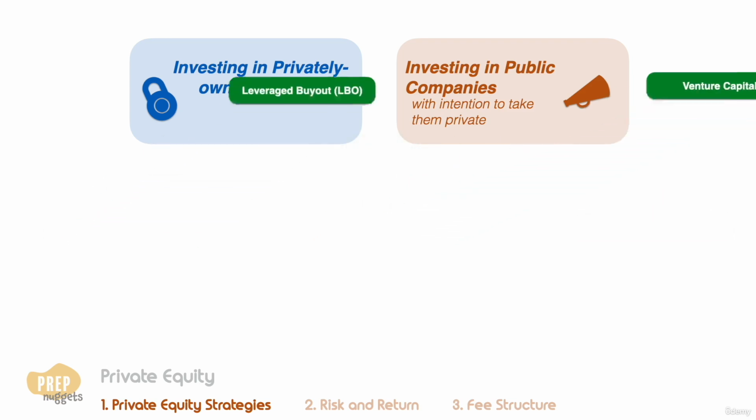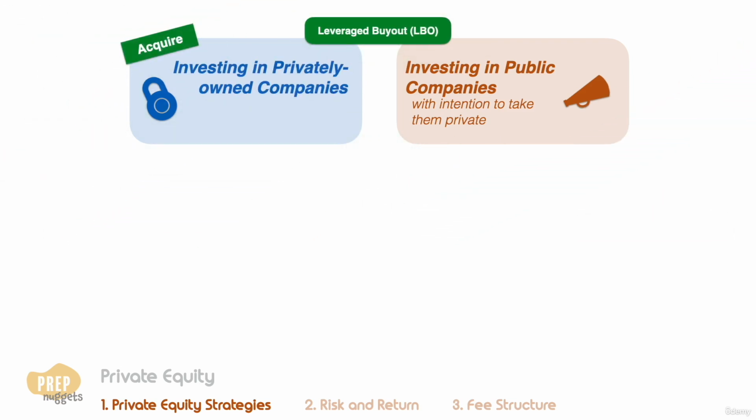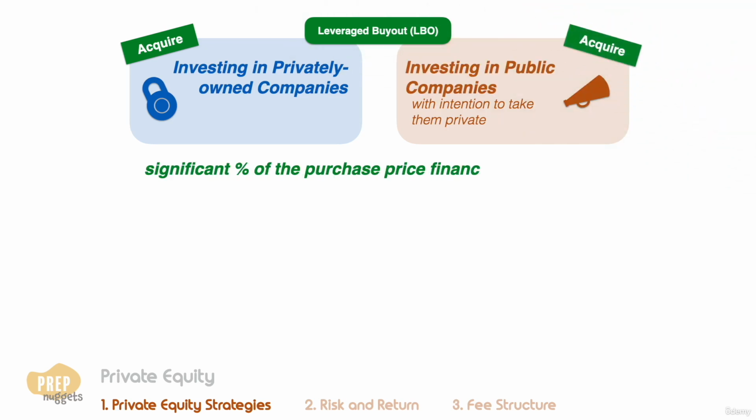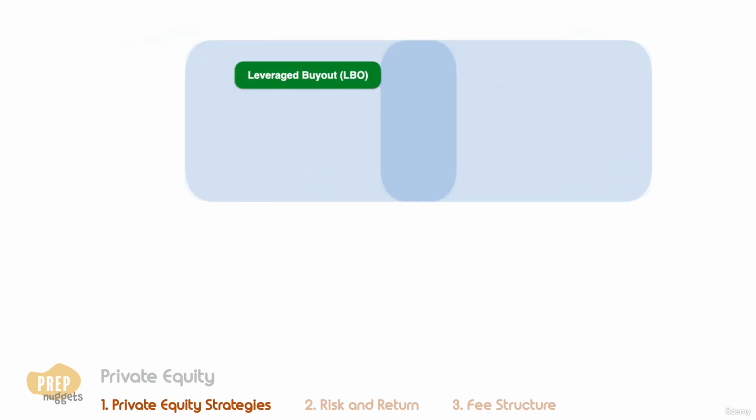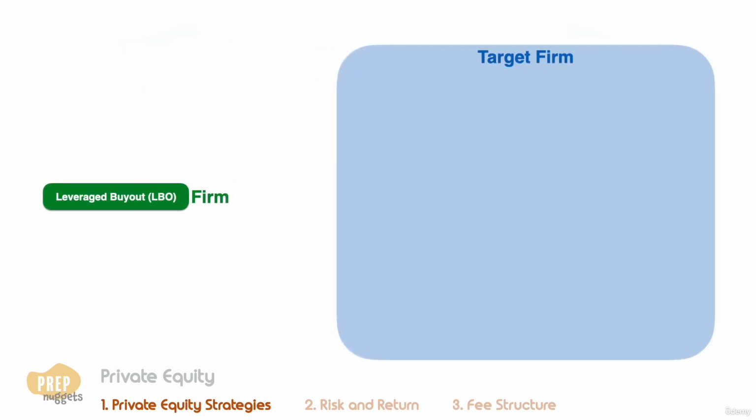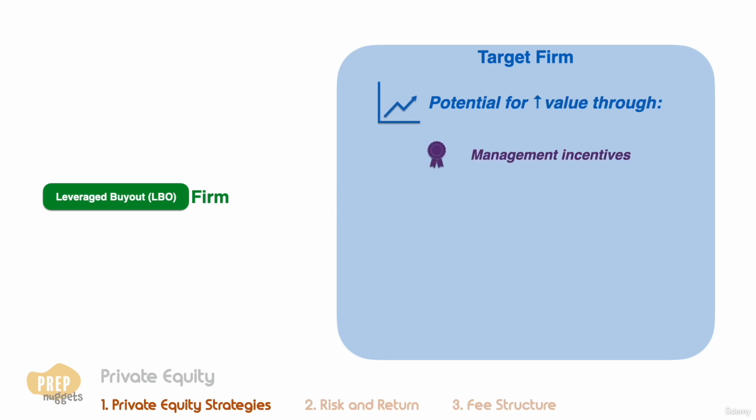Leveraged buyout funds acquire established private companies or publicly listed companies with a significant percentage of the purchase price financed through debt. If the target is a publicly listed company, it is taken private after the buyout. There are two key criteria for a leveraged buyout to work. Firstly, the target firm should have the potential for increase in value through some combination of management incentives, restructuring, cost